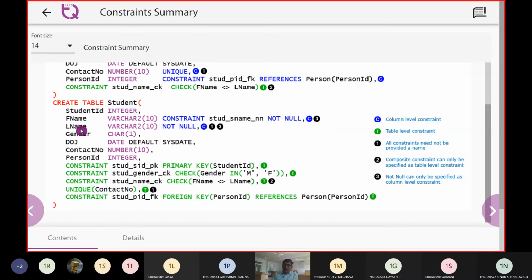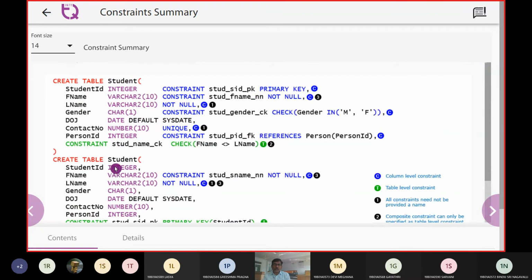All of them we are going to define, but first name we are going to include with constraints and with not null. Last name is going to take a varchar2 and is also pointed out as not null. And we have some constraints here: constraint names student SID primary key, student underscore general constraint key, student underscore name constraint key, and student underscore PID underscore foreign key. So we have personal ID. All these we are now holistically representing with the constraints.